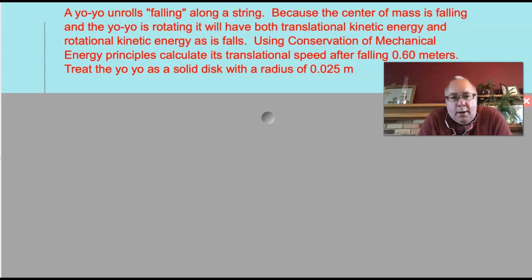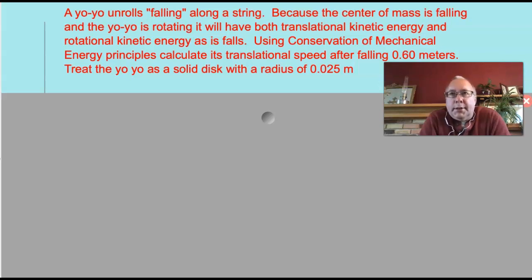Okay, now that we've seen how the work and change in kinetic energy theorem still applies for rotating objects, we can see how we can apply conservation of energy. All the rules that we understood for conservation of energy, for mechanical energy, for linear quantities, can also translate into the idea of rotational conservation of energy. So we'll do a simple problem that shows you the equivalent of a falling